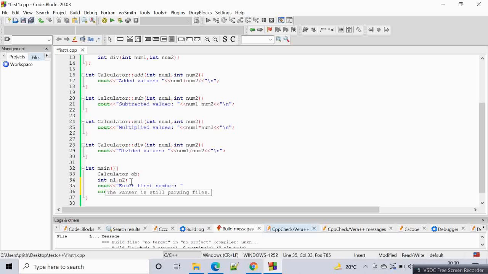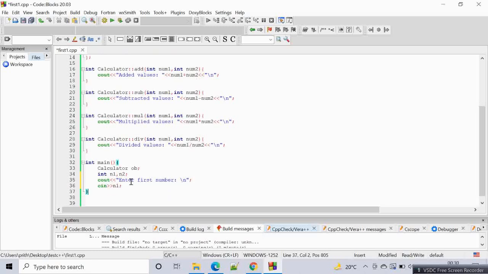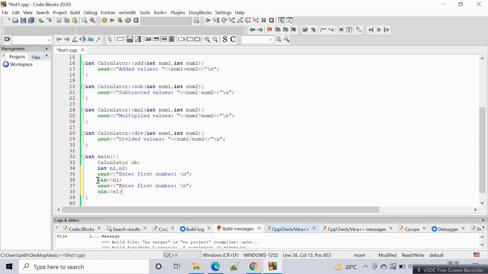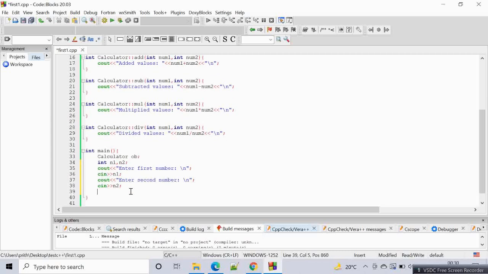We will give a line break again, and the same thing we will copy one more time. This will be enter second number, and this will be n2. So we have the two numbers.